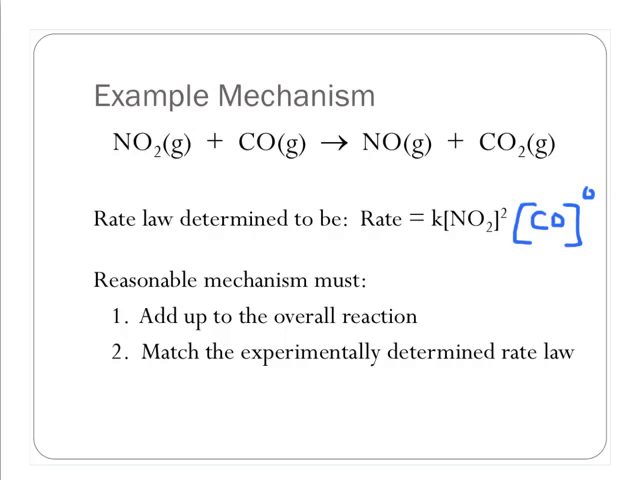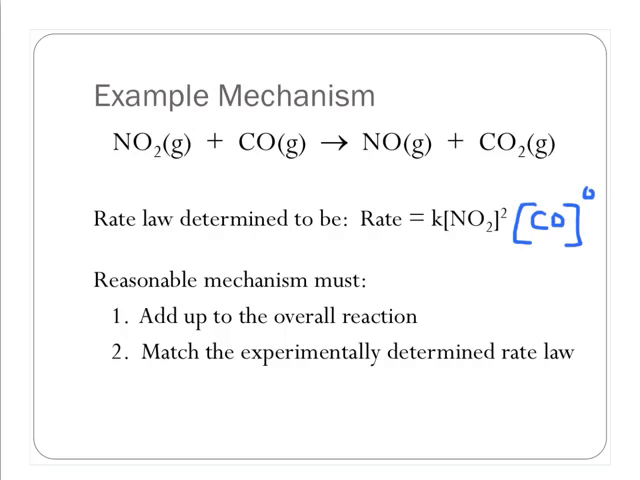The two basic benchmarks that a mechanism has to pass to be considered a reasonable idea are, one, the individual steps within a mechanism. That's what a mechanism is. It's a series of individual steps. Those are going to be called elementary steps. Those individual steps have to add up to the overall reaction. And two, the theoretical mechanism, when we analyze it, is going to produce a rate law. That theoretical rate law has to match the experimentally determined rate law. So there has to be coherence between what the theory says ought to be true and what actually is true